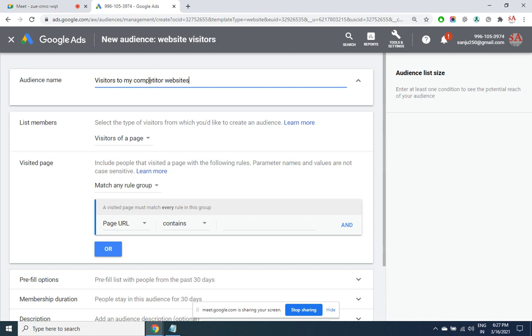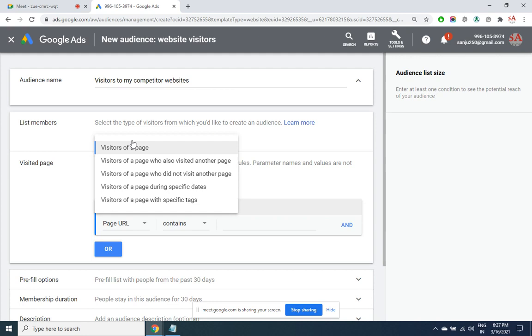Here I am giving competitor websites. So visitors of a page, any particular page, if they have visited, you want to target them, or any page in that website. Visitors to a page who did not visit another page, visitors who also visited another page, visitors of a page with a specific tag, visitors of a page with specific dates.